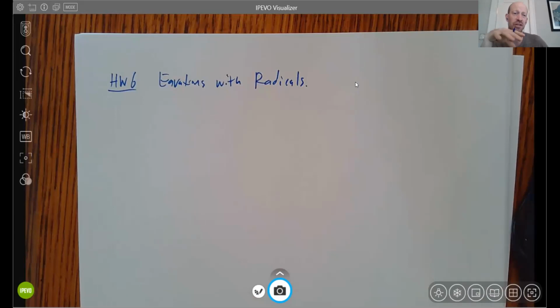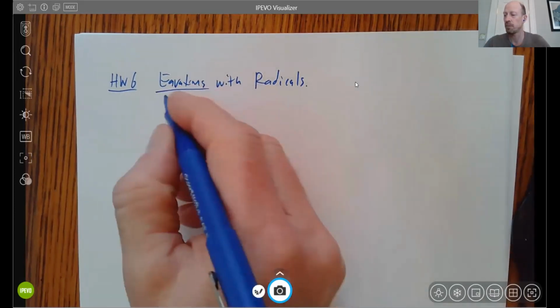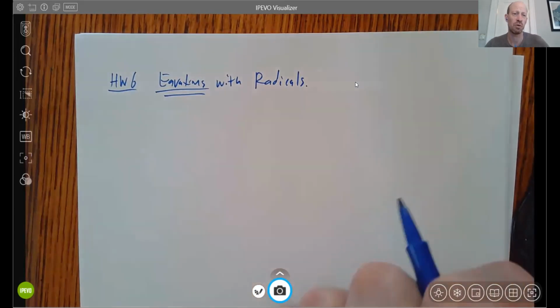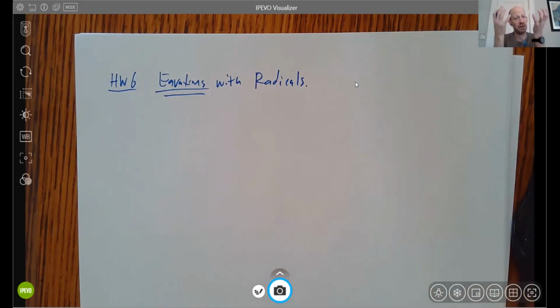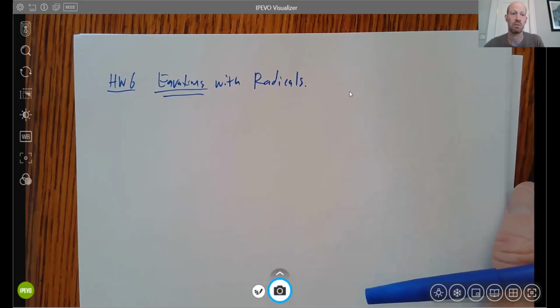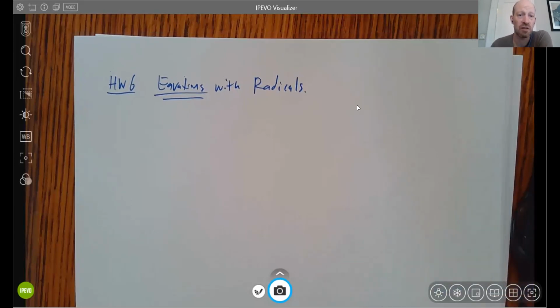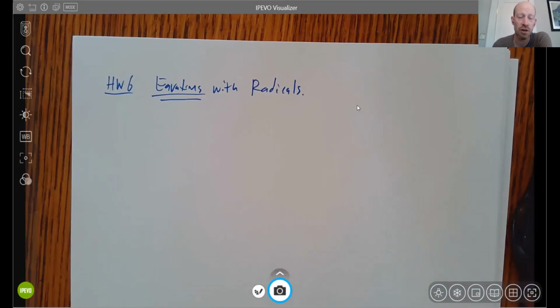Luckily, you don't actually have to do a lot with simplifying radicals when you're doing equations. And we should know this from our last section too. Equations introduce some new abilities for us because we now have two sides and we can try and keep it balanced, in a way that we couldn't when it's just an expression. If there's no equation, then of course we don't have the two sides anymore. But when it's an equation and you've got radicals, your goal